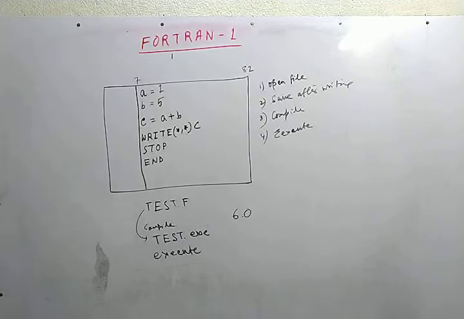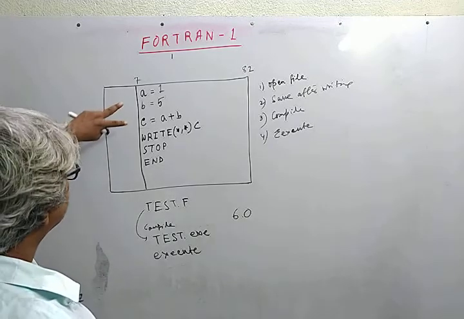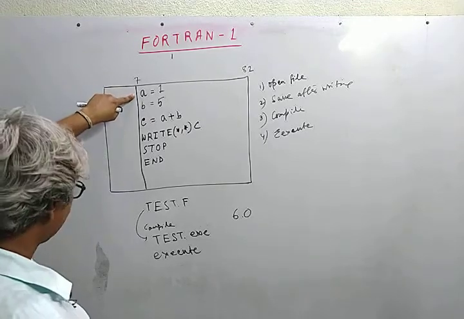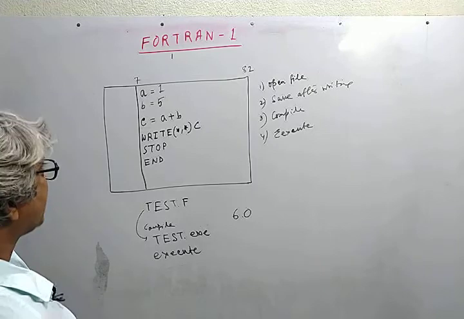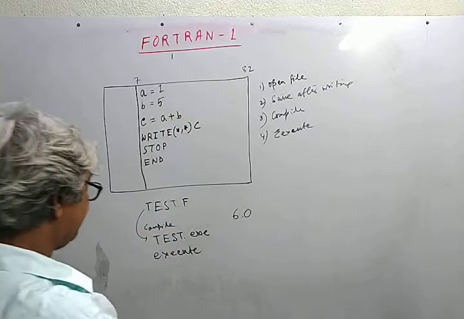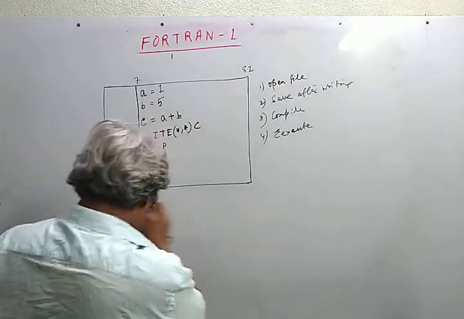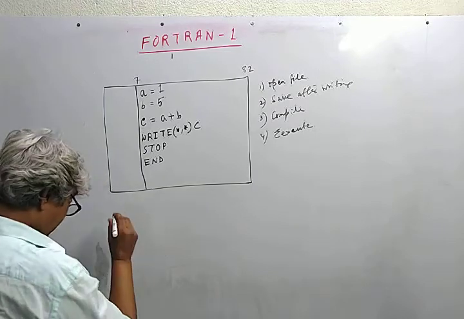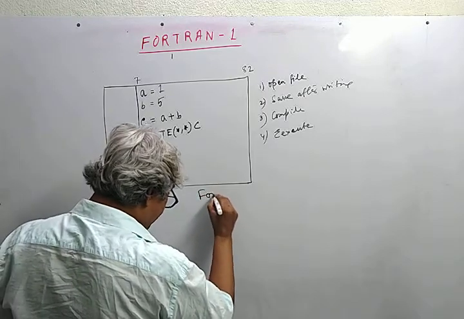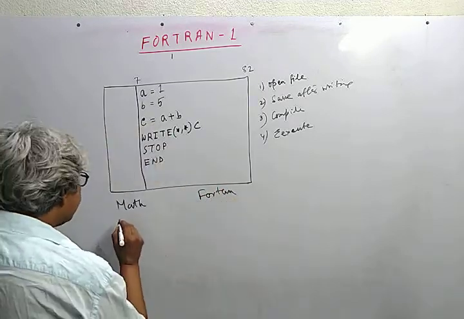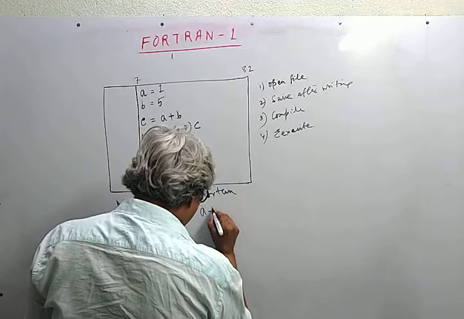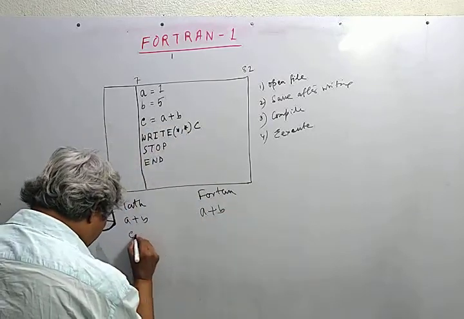Now, two things that I am coming to address are how to name a variable in Fortran, and secondly which are the basic arithmetic operations. The basic arithmetic operations are very simple. We write in mathematics, and in Fortran, a plus b, addition. So this is a plus b, a minus b,